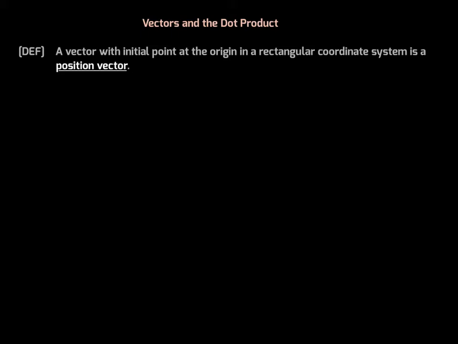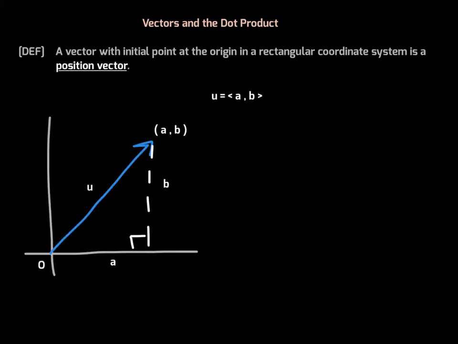Let's start with a definition. A vector with initial point at the origin in our rectangular coordinate system is a position vector. Here's a picture for you to consider. We have vector u in the rectangular coordinate system. I'd like to highlight that the initial point is at the origin in our plane, which makes it a position